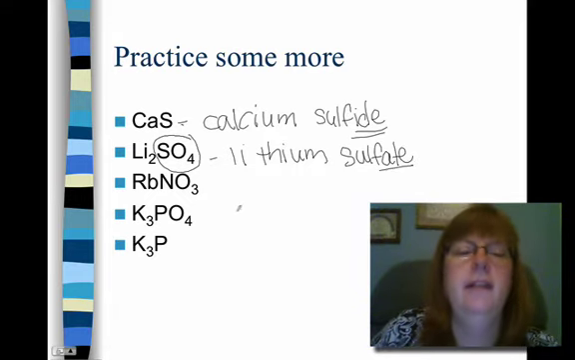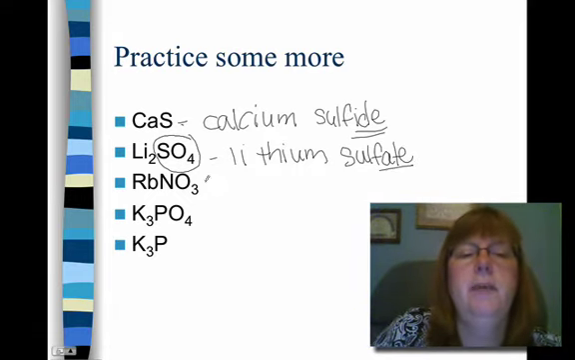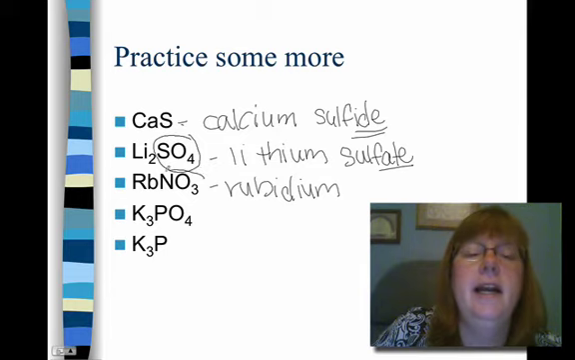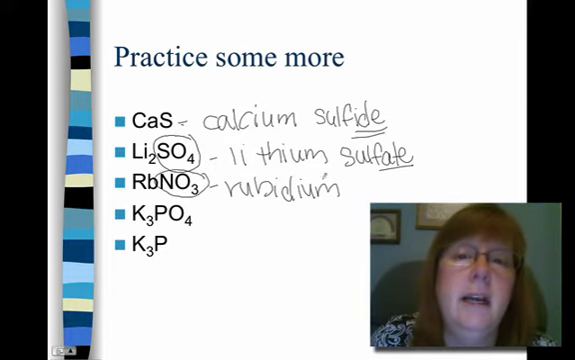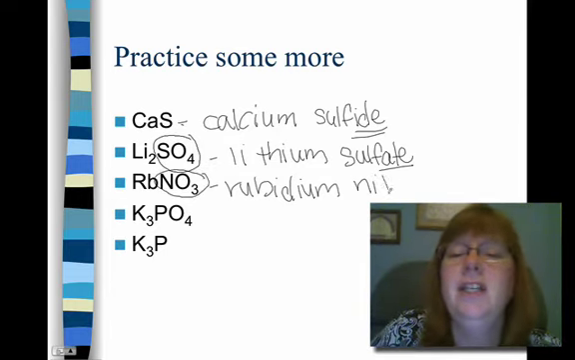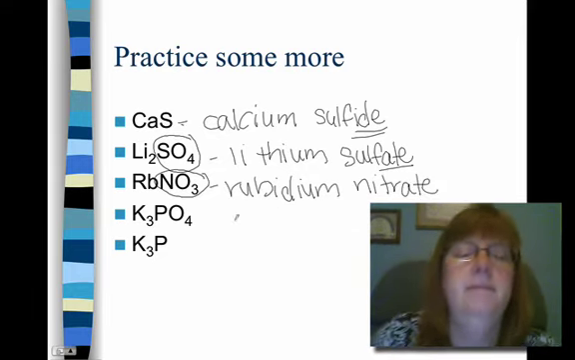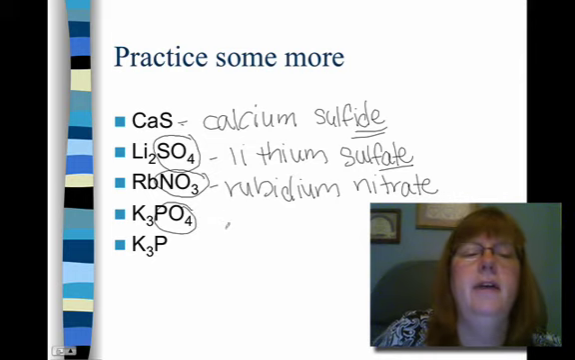sulfate, sulfate. This is rubidium. Again, this anion is a polyatomic ion. We can't change it to an ide. We just have to recognize it as nitrate. All right, another polyatomic ion as our nonmetal,